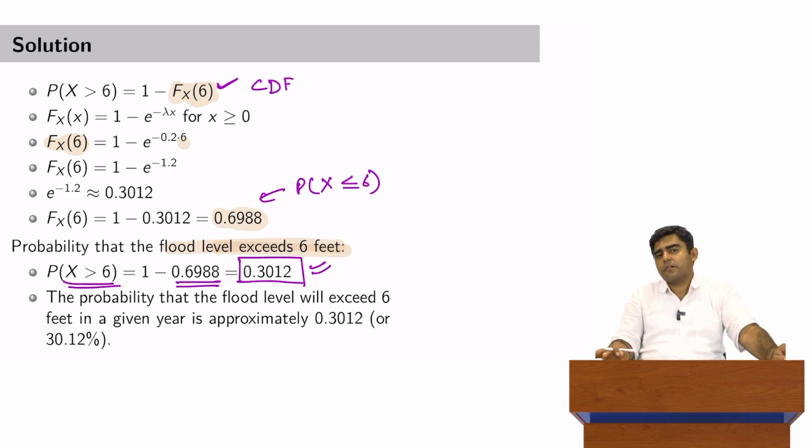When we used normal distribution, we got flood probability as 20%. When we used exponential distribution, we got flood probability as 30%. Which one is right, which one is wrong? Mathematically, both of them are correct, but there are different steps that we use to actually determine whether samples are